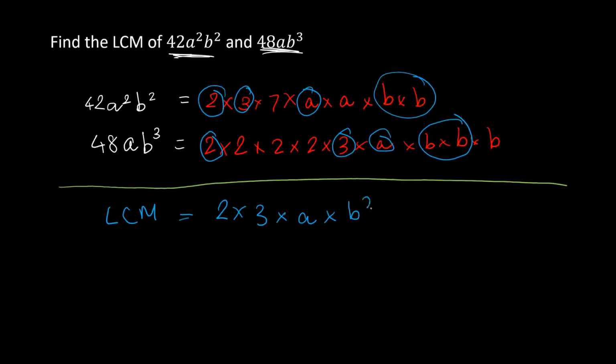into b squared. Now this actually works for HCF if you're looking for the HCF, but for the LCM, as I told before, every number should be taken into consideration, every variable and every number. So here the numbers which we are left with are 7, right? We're going to write into 7 here. There's a, here into a, and there's 2 into 2 into 2, that's 2 cube, which is 8, and we have into b. Now to write this down, let's write 6 7s are 42, and 42